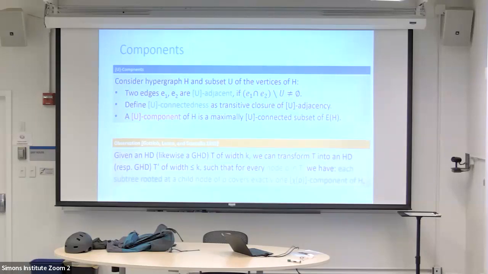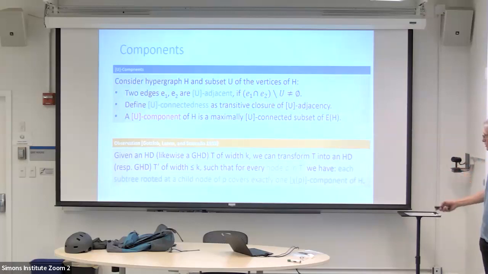And an important observation or lemma that Gottlob, Leone, and Scarcello showed in their hypertree width paper is that if you have a hypertree decomposition, and the same applies to generalized hypertree decompositions and also to fractional hypertree decompositions, it applies to all of these because of the connectedness condition. If you have such a decomposition of width k, you can always transform it into